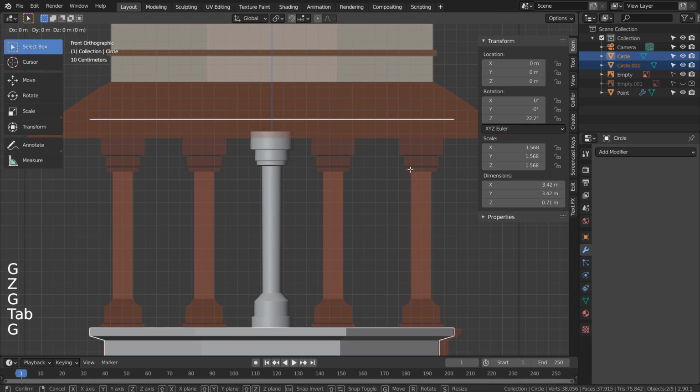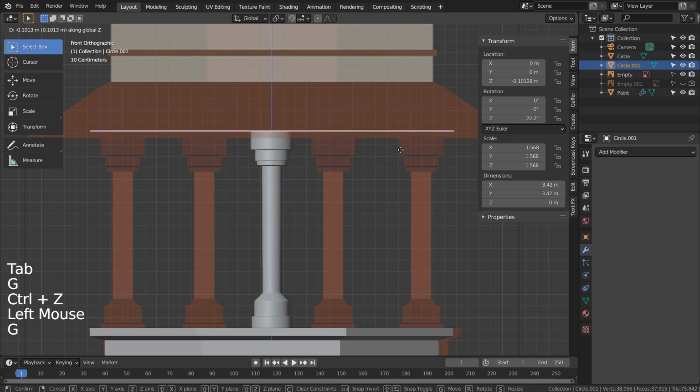It looks like the top part is not 8-sided. Let's undo and create a new mesh circle with 32 vertices.